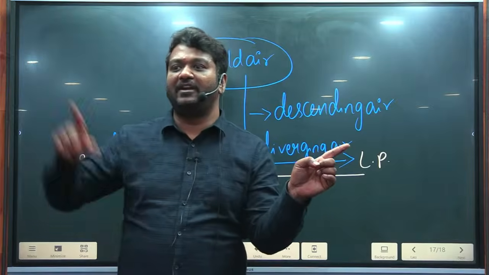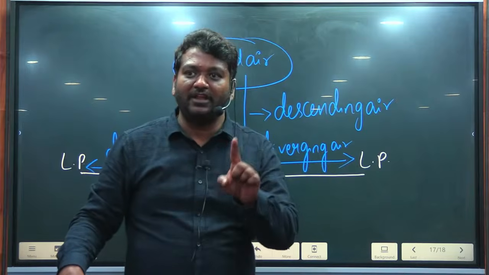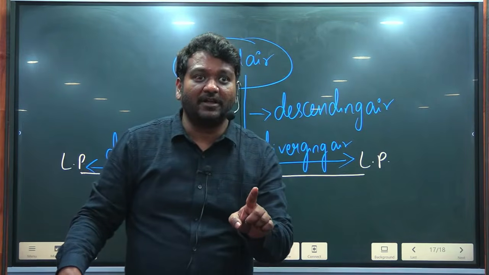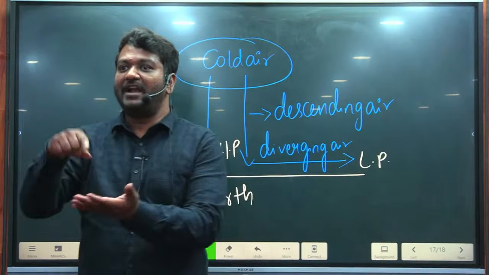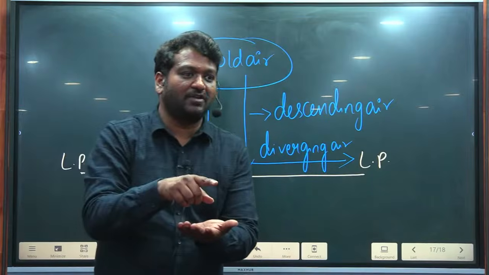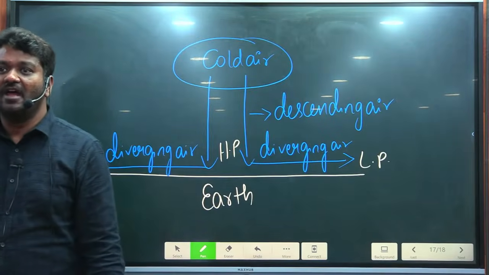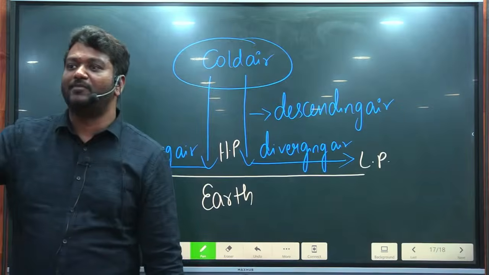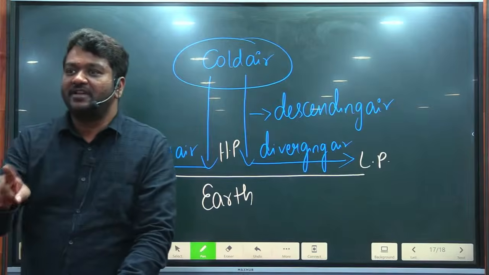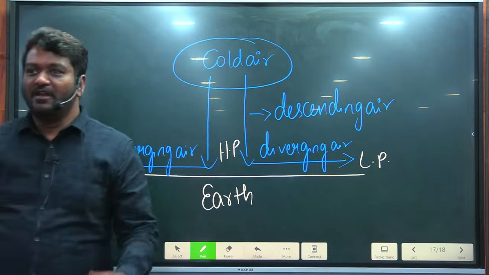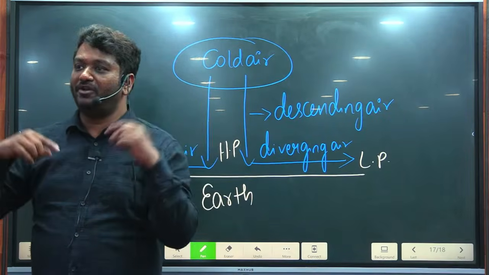Now you tell me about equator and poles. Equator will have what type? Thermally induced low pressure or high pressure? Low pressure. Why, you tell me now. High temperature. Land will be very hot. If land is hot, what is going to happen? Low pressure. Near the poles, you tell me what is going to happen? Glacial. Ice is there. If ice is there, air will become cooler. If air is cooler, what is going to happen? Descend and diverge. Can I say near the poles, high pressure will be there? Near the equator, low pressure will be there. These two are called thermally induced.